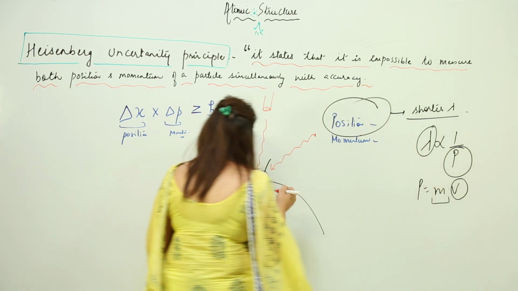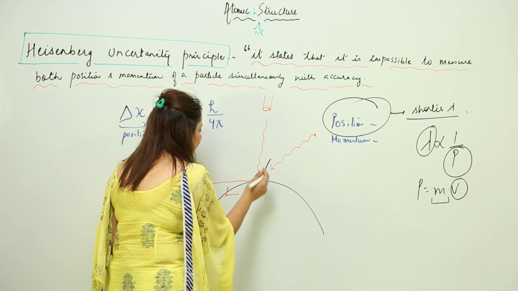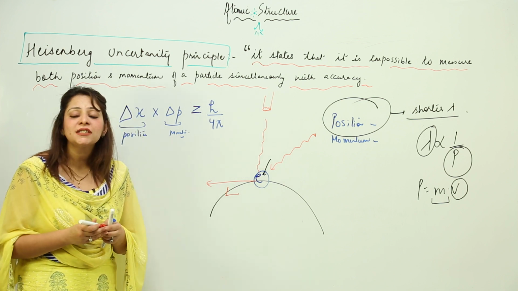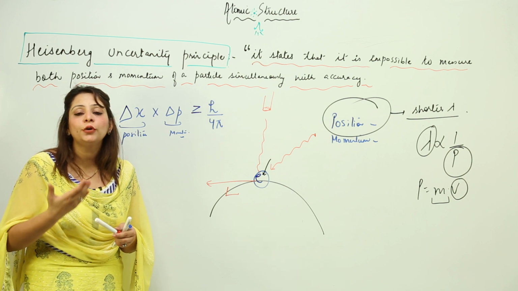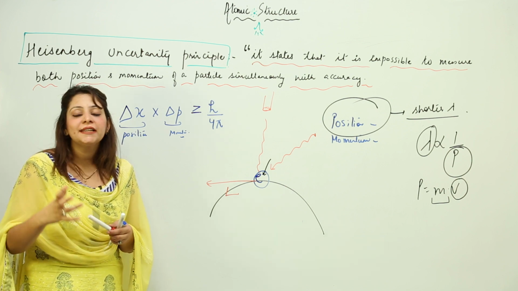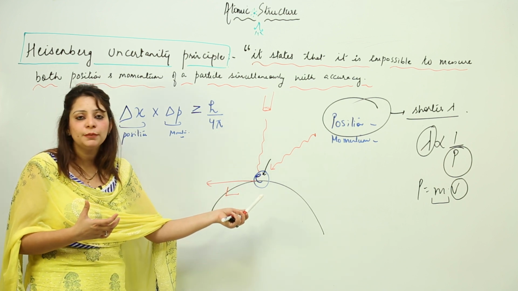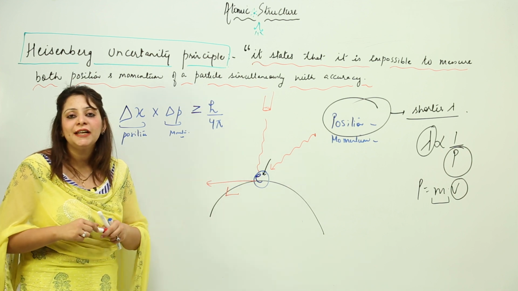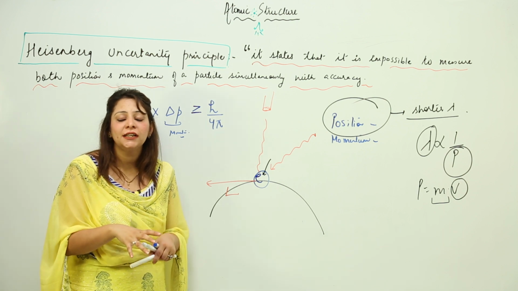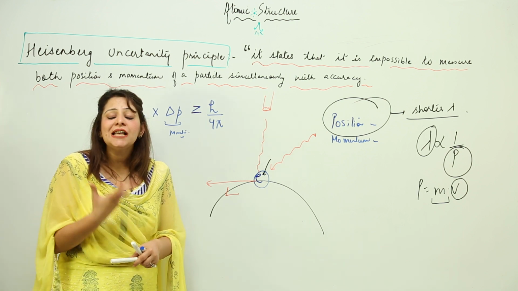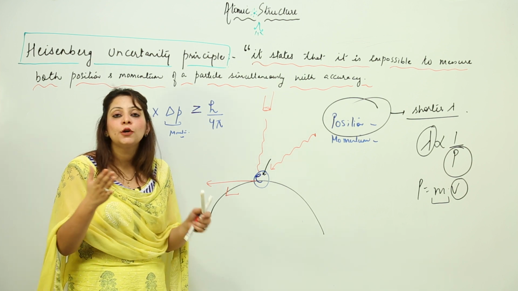And what will happen when it transfers its momentum to this electron? It will change its trajectory, it will get displaced, and this will be the expected part, that it will move to this position. That means the velocity of the electron gets changed, or we can say that we won't get the accurate value of the momentum. We have already got the accurate value of the position by using the shorter wavelength, but the shorter wavelength light possesses the higher momentum. So when this kind of radiation or photon strikes the particle, it transfers its momentum to the electron, and as a result, the trajectory of the electron is changed.